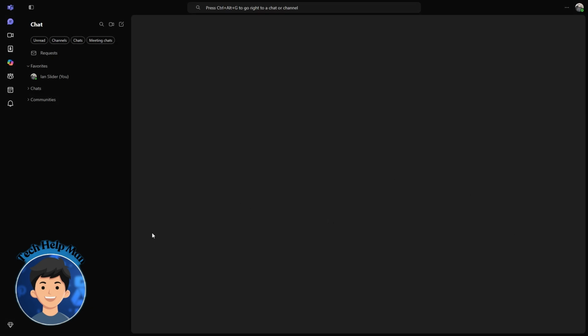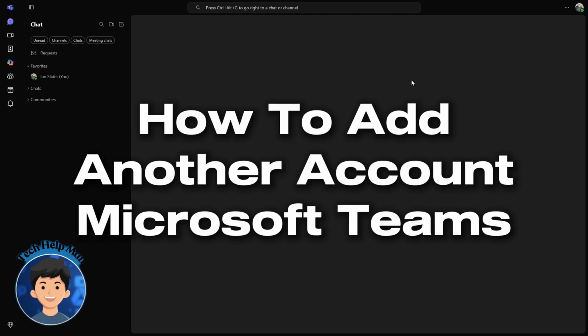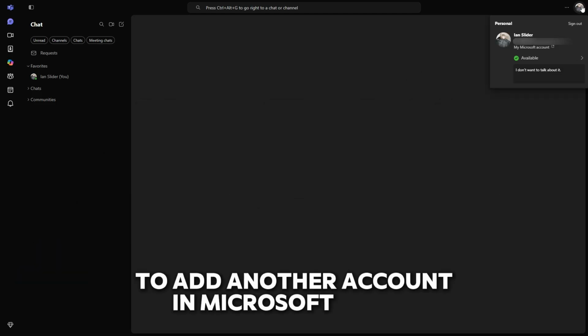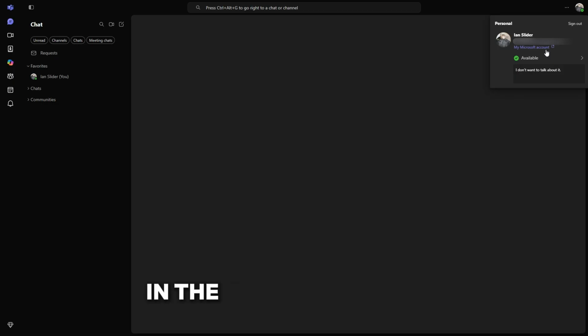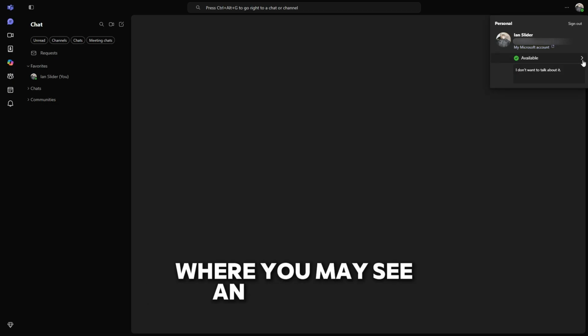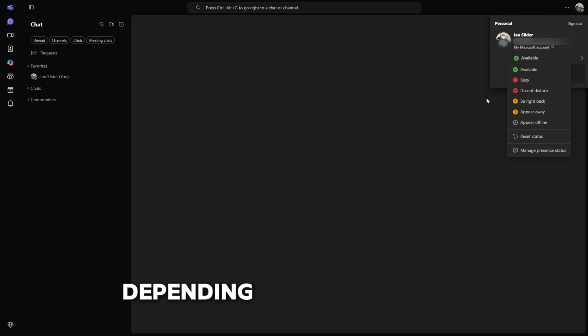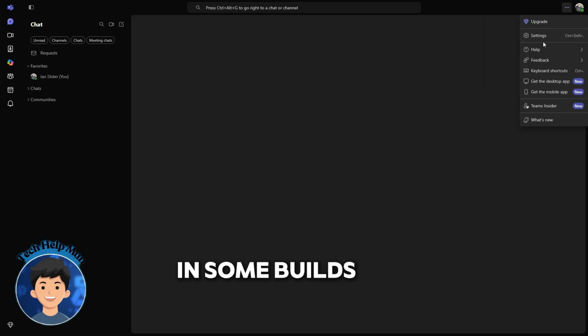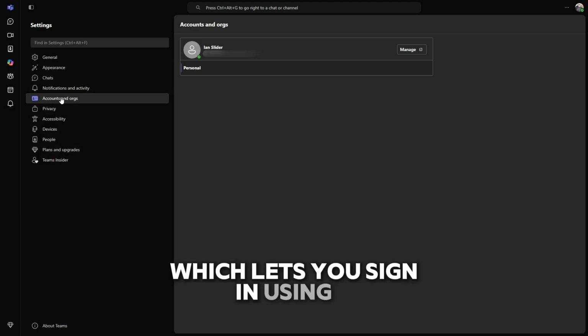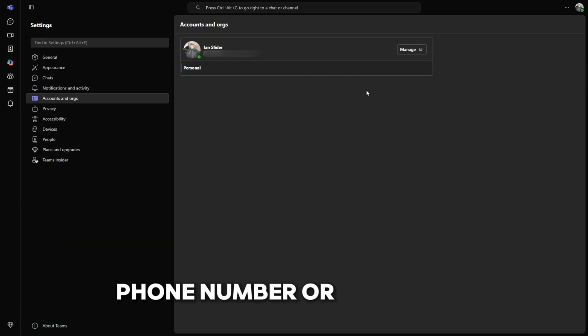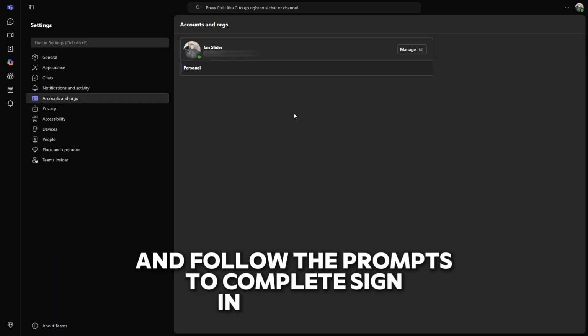Today, let me show you how to add another account in Microsoft Teams. To add another account in Microsoft Teams, start by opening the app and clicking your profile picture in the top right corner, where you may see an option to manage or switch accounts depending on your version. In some builds, you can directly select Add another account, which lets you sign in using a different email, phone number, or Skype linked Microsoft account, and then follow the prompts to complete sign in or create a new account